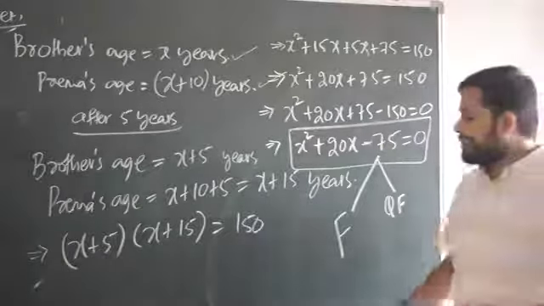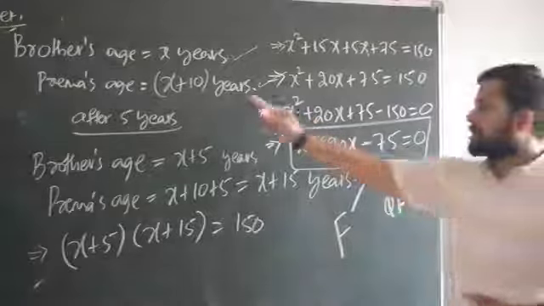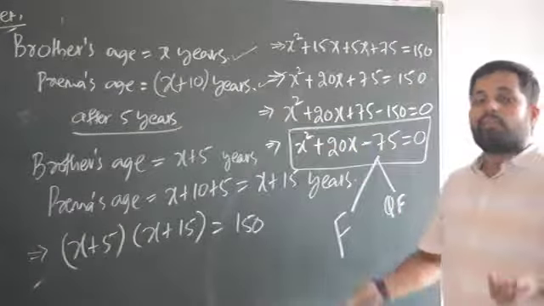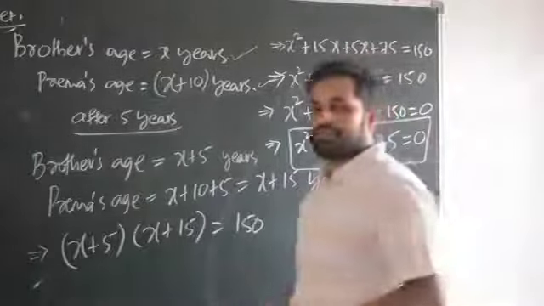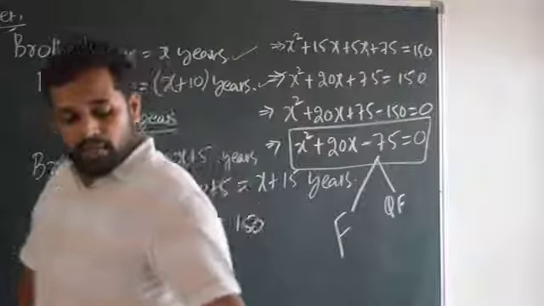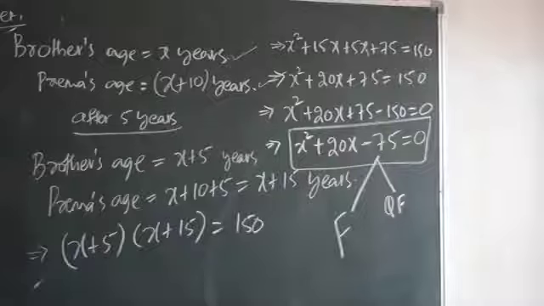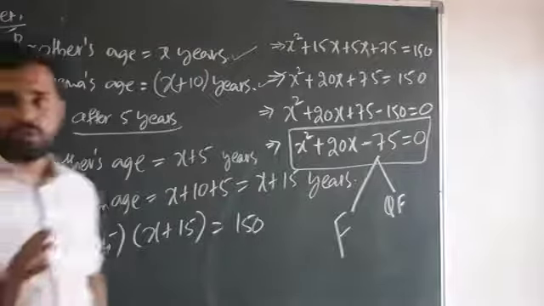Now, are you sure that you are going to get the answer x and x plus 10? Sure. You may get or you may not get also. That is also there. Maybe the given situation itself is wrong. Are you getting my point? Even the given situations can also be wrong, my dear children. Actually, you are supposed to recognize those situations also.